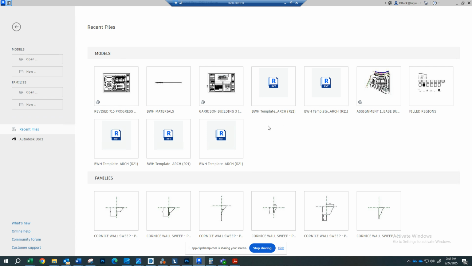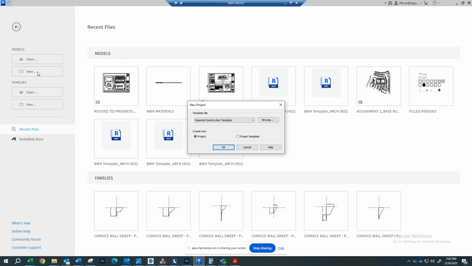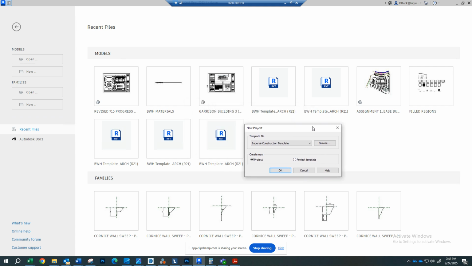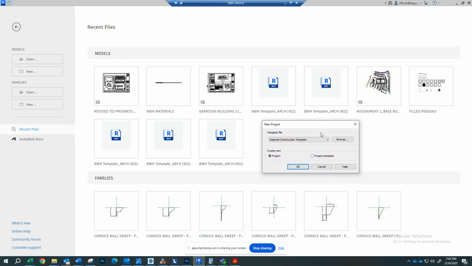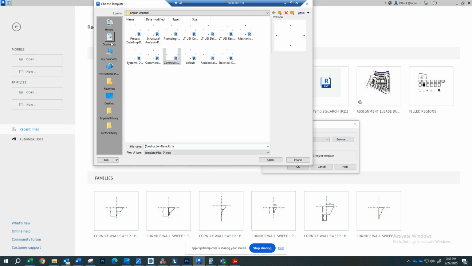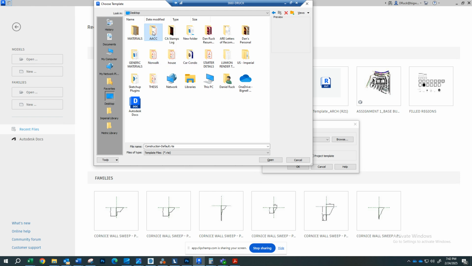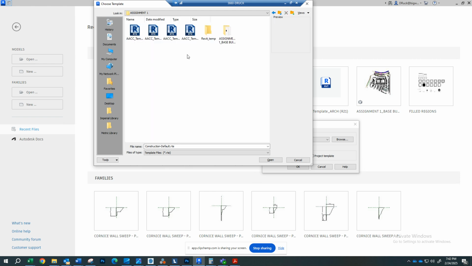So first, you can see that I have the opening screen or user interface for Revit. If we're creating a new project, under the models, we hit New. There's going to be a couple choices that you are presented with. Because I created a template for our class to use, we're going to browse for that template. You're going to locate wherever you saved that template,